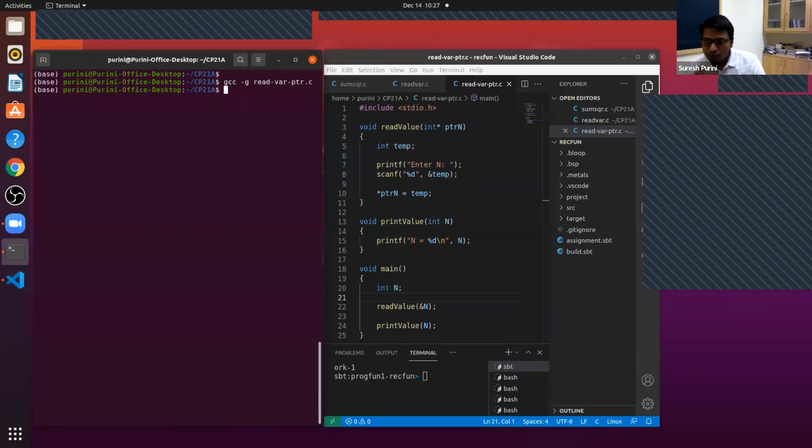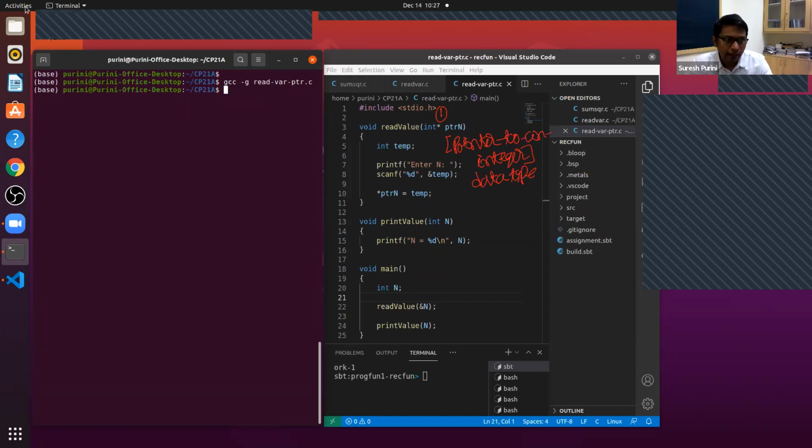The first observation I would like you to make is that we introduced a new data type. It is a pointer to an integer data type, int star. It's not integer.